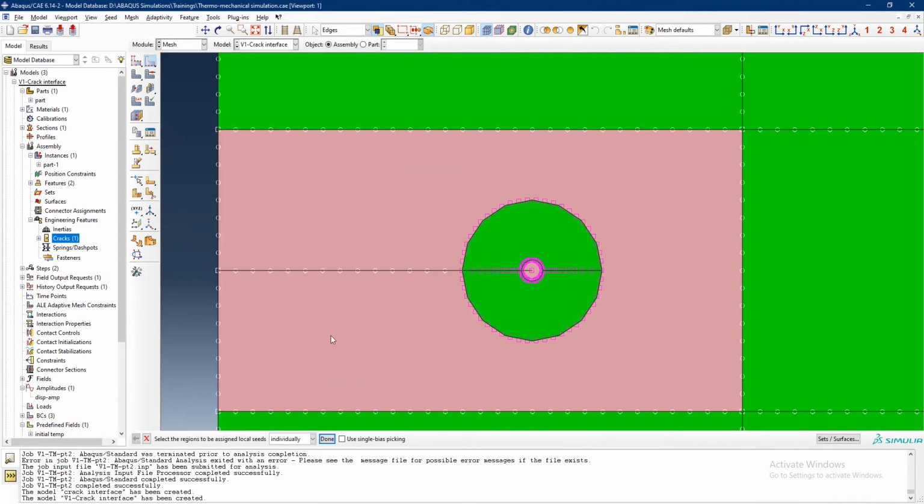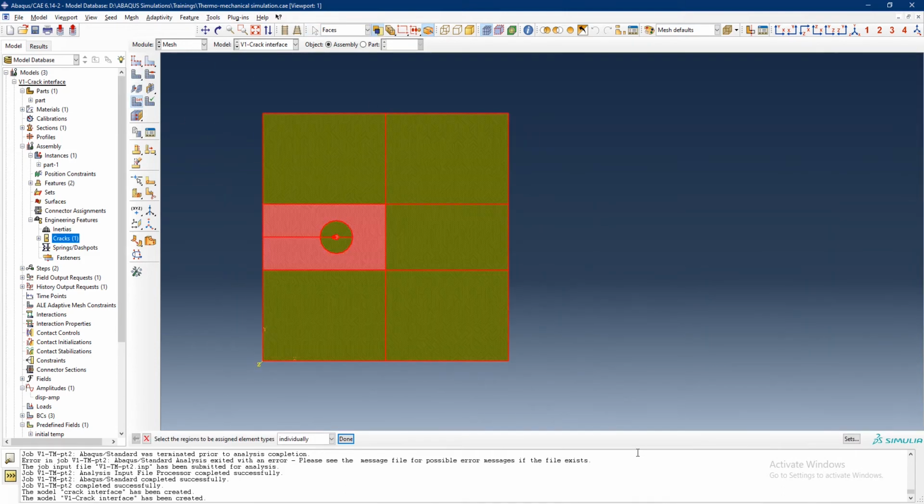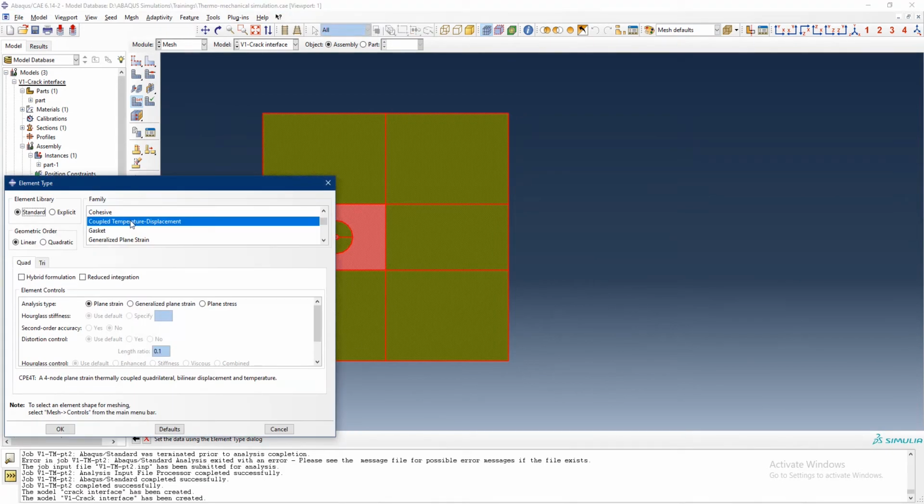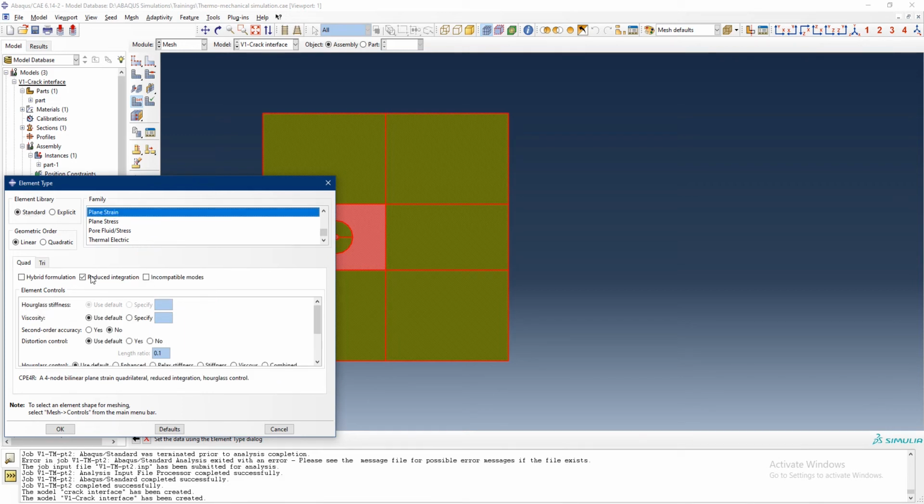and rest of the block can be meshed as is. I want to choose coupled temperature displacement simulation model. It will take some time to solve. Let's select plane strain model